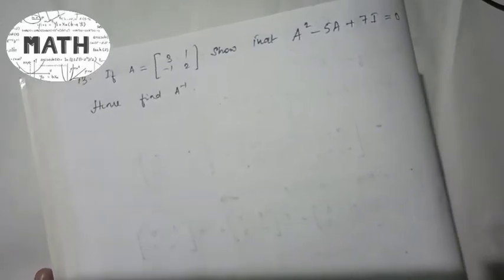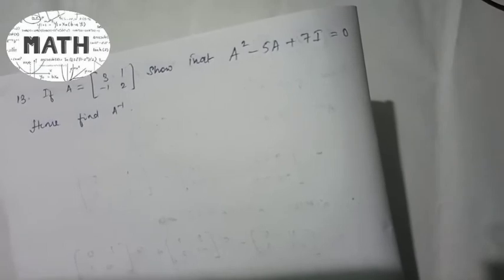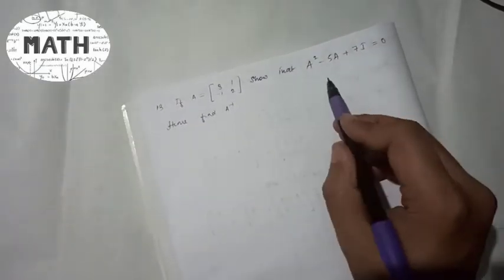Alright, let us do question number 13. The question number 13 is given to be, if A is equal to (3 1; minus 1 2), show that A square minus 5A plus 7I is equal to 0, hence find A inverse. Okay, before I found this one to be 0,